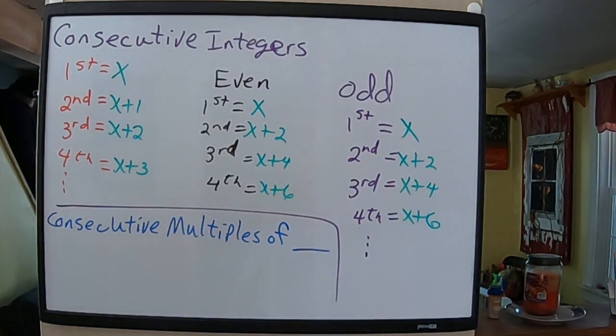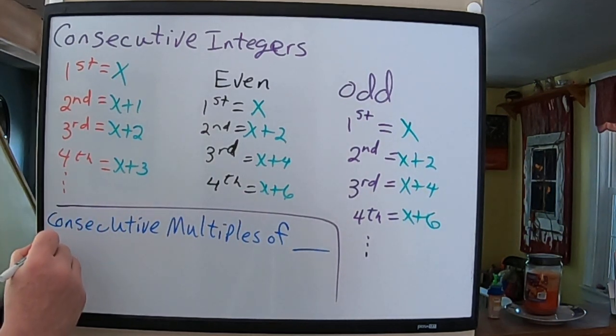Now, this says consecutive multiples of whatever, right? We don't know what the multiples are of yet. We'll fill that in. First,